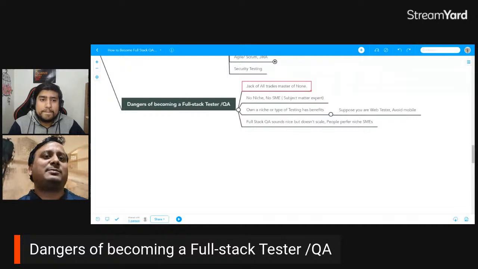They are expected to have very good knowledge of one or two particular things, like UI automation plus API automation, and one or two programming languages. That's it. We don't expect them to become full stack QA. And they actually earn more than people like us in architect roles, so it's not about the package. You need to decide yourself.